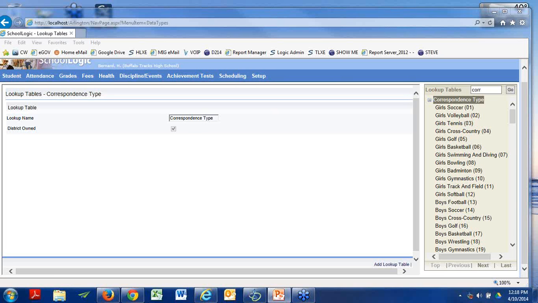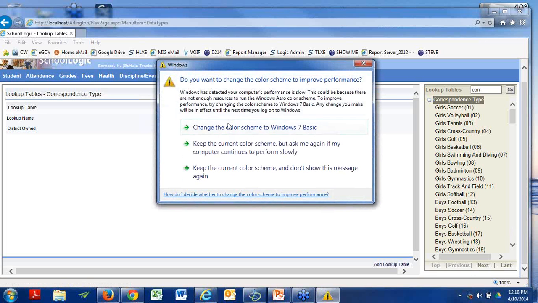But look, as a tech person, I see the advantages to district owned because then things like lookup table entries don't seem to spiral out of control so easily. On the other hand, if your district is like this one, which has 148 entries, having this district owned means that operators at every school have to pick through a drop-down list of 148 items.